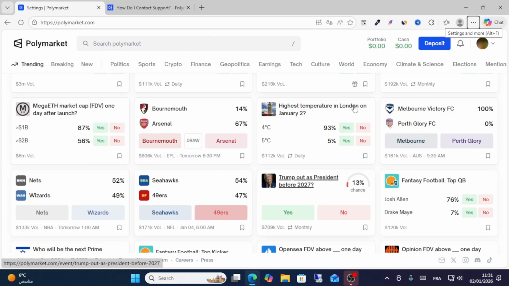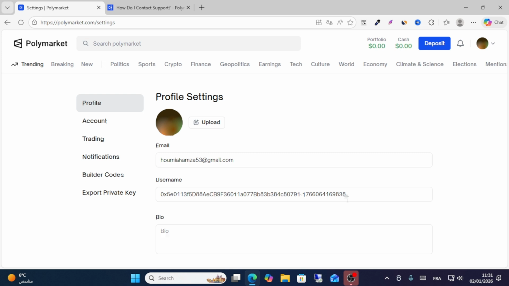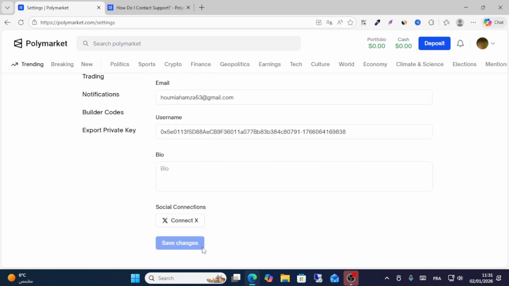Today friends, I will show you how you can delete your Polymarket account. So friends, if you go to settings, you can't find any option directly to delete your account. But friends, if you linked any account with your social media, just click and unlink it from here in this